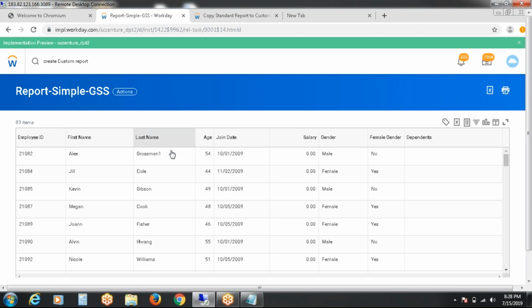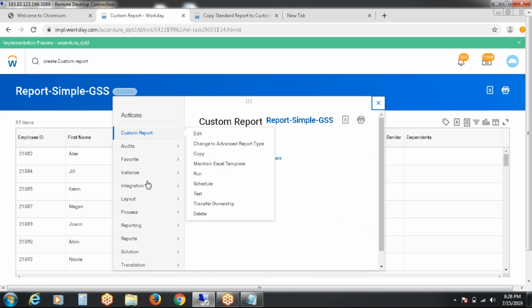Okay, this is about a simple report, and go to advanced report. So advanced report will have advanced features. We can convert this simple report to an advanced report, but not an advanced report to a simple report. Only a one-way option is there. So what to do: custom report, and here see change to advanced report type, or you can copy the report under another name, or if you want to download an Excel template, you can download here.